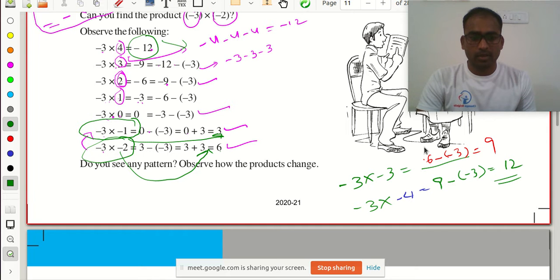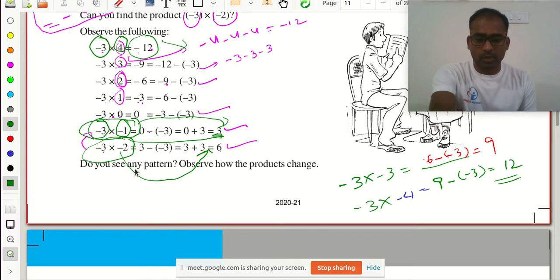Okay. Here I will tell you the simple trick. But before the trick, you need to know what is actually this multiplication of two negative numbers. That you need to know. Okay. See here, one negative integer, one positive integer, I am getting the answer negative. And here, one negative integer, another negative integer, I am getting the answer as a positive. Okay. So I will tell you that.